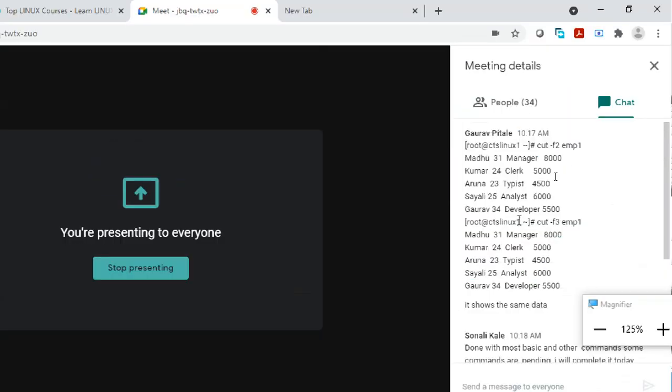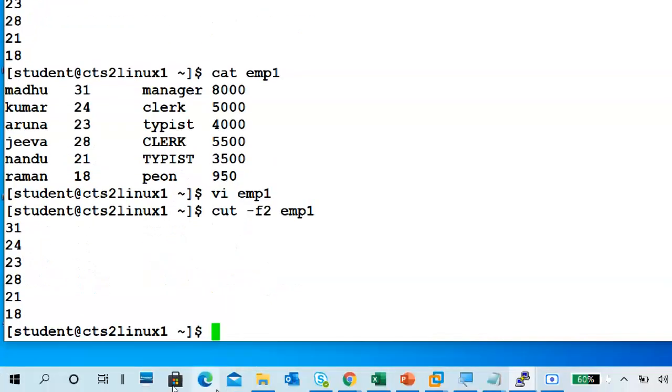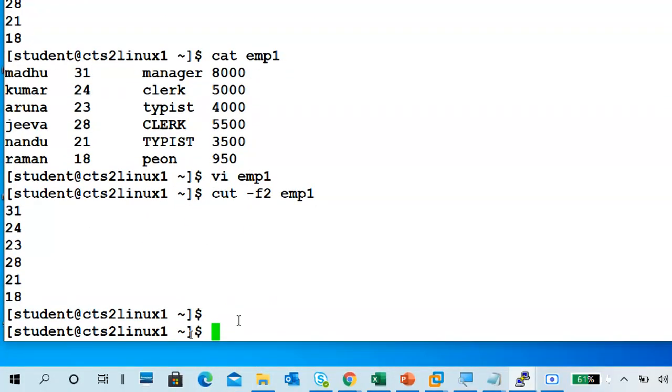So Gaurav, this is the thing. Do like that. He had some different names also, Sayali, Gaurav. No problem, you can use different names. I just copy pasted. Sir, it's working. It worked. Yes, sir. Very good. I used space as you said. Yes, space is considered as a character in a table form, so you have to use the tab button. That's it. Good, good. Okay, sir. Thank you.